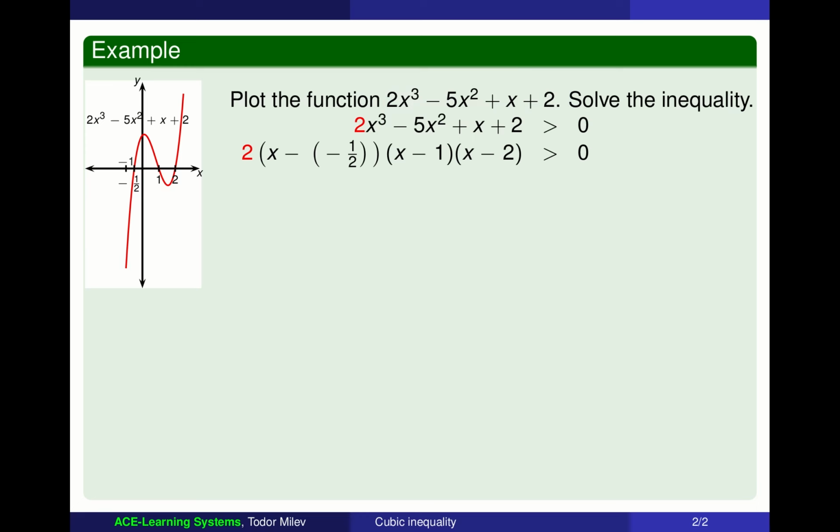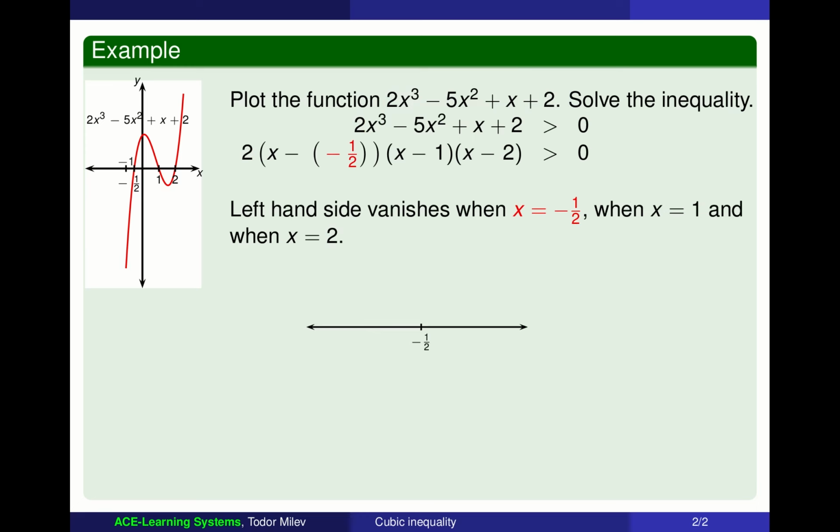Okay, now the left hand side, so this side here, vanishes when x is equal to negative 1/2. It vanishes when x is equal to 1. And it vanishes when x is equal to 2. So when x is equal to 2, this cubic vanishes. So these 3 points, negative 1/2, 1 and 2, split the real line into 4